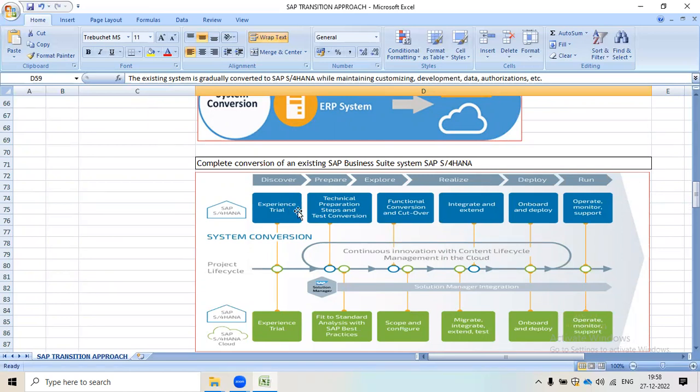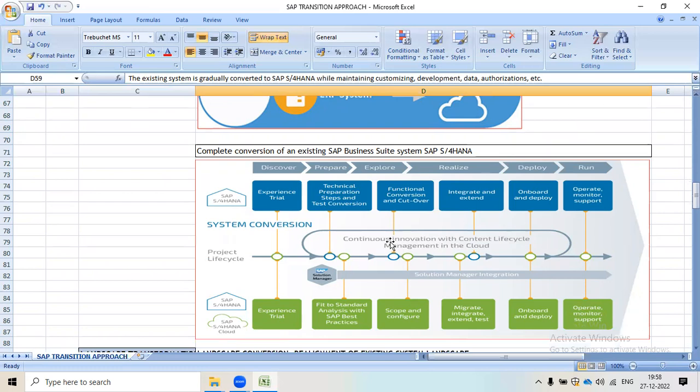Now in prepare, we need to do the technical preparation step and test conversion. In explore, we do functional conversion and cutover activity. In realize, we integrate and extend. In deploy, we onboard and deploy. And in run, we operate, monitor, and support. So these are the six different phases in the conversion process, and it totally comes under the system conversion project.